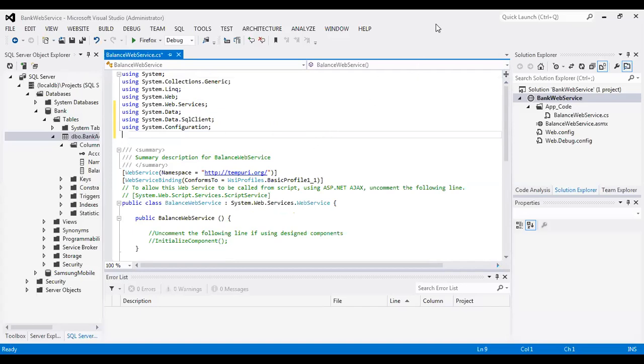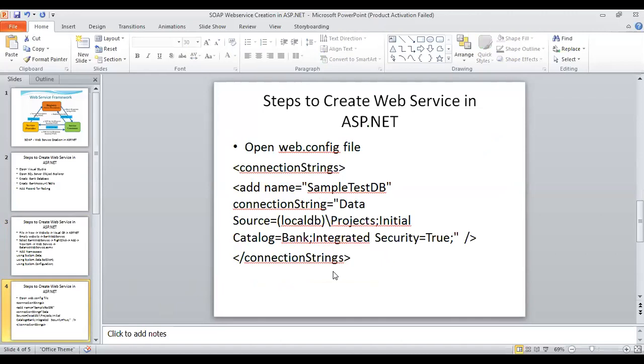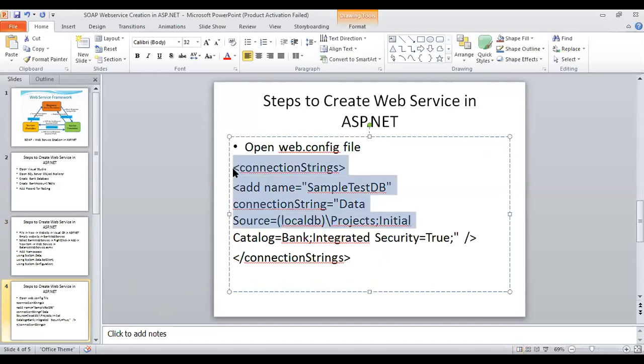Then the next step is the connection string. Open the web config file and make the connection string. Instead of wasting time in typing, I am copying this particular connection string.